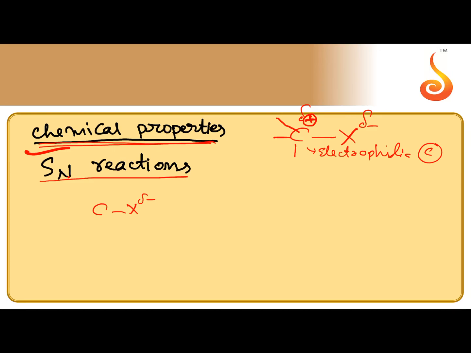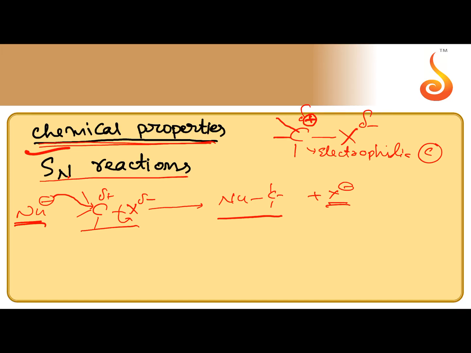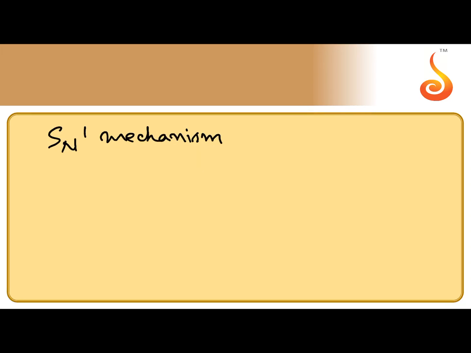So brief representation of nucleophilic substitution reactions. When nucleophile like Nu minus attacks at electrophilic carbon, carbon pushes electron pair onto X. So we can get the product R-Nu and X minus is eliminated. So here one nucleophile, say X minus, is substituted by another nucleophile Nu minus. That's why this reaction is called nucleophilic substitution reaction. Alkyl halide is the substrate, R-Nu is the product. SN reactions, based on the mechanism, they are divided into two types.